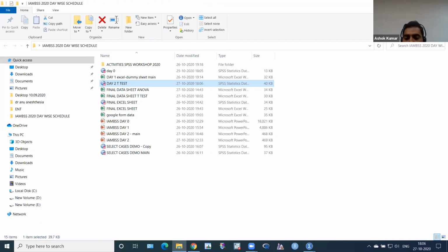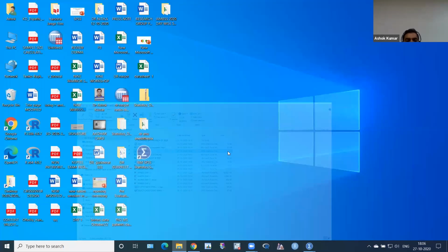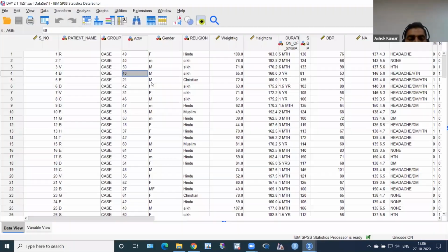Now, the normalcy check. I want to check normalcy of the age data, but there is some mistake in the age data. Age is a quantitative, continuous variable. But the icon shows 3 balloons in different colors with an A for alphabetic.